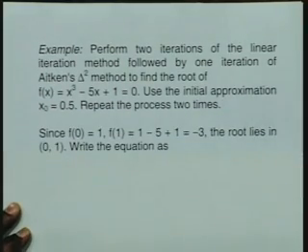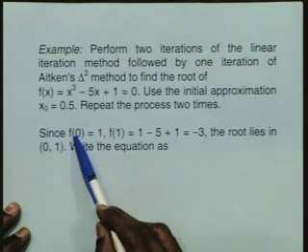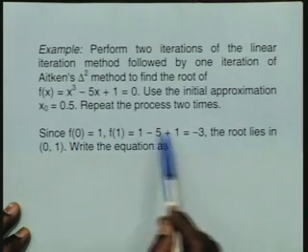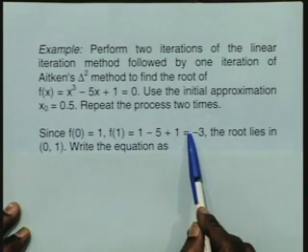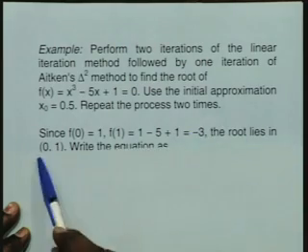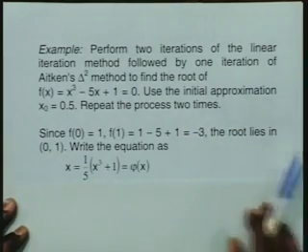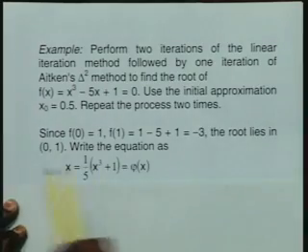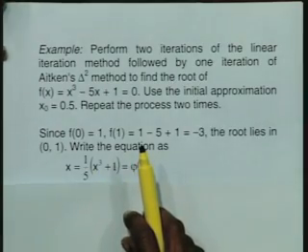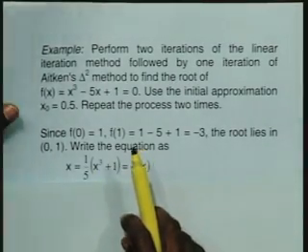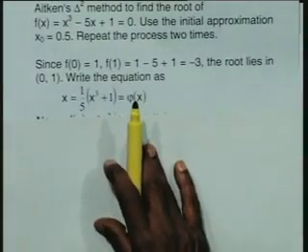Now for this I need the values of f0, that is 1, and f1, which is -3, so that I first estimate where the root lies. The root lies in 0 and 1. Now the first thing that we have to do is construct our method from here.